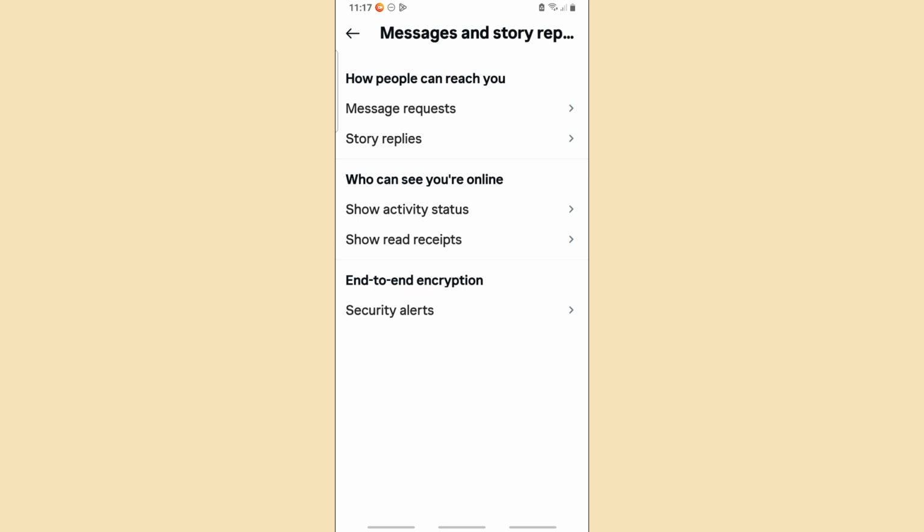And of course, you could change some settings as well over here that you might want to consider based on